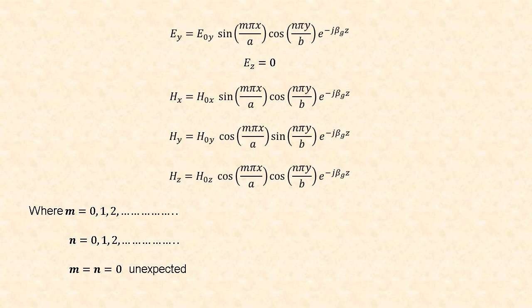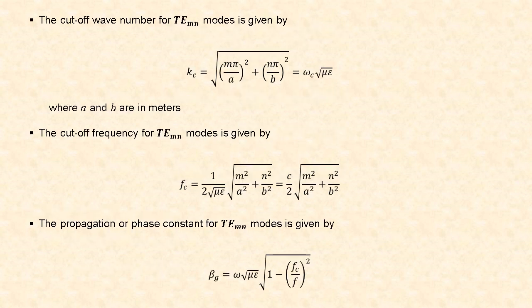Similarly, n can also take values 0, 1, 2, etc. But m = n = 0 cannot take place, since both the fields will become 0. The cutoff wave number for the TE_mn mode is given by Kc = square root of (mπ/a)² + (nπ/b)², which is equal to ωc square root of μ into ε. Here ωc is the angular frequency and a and b are the dimensions of the rectangular waveguide